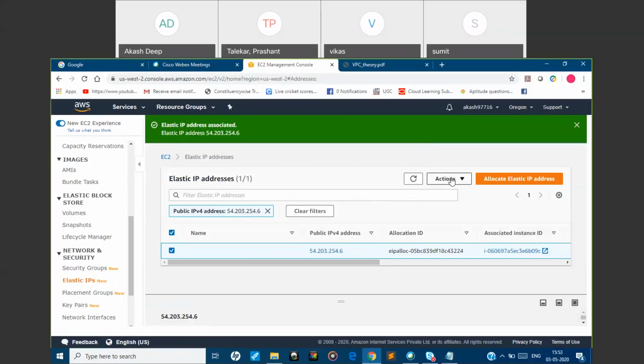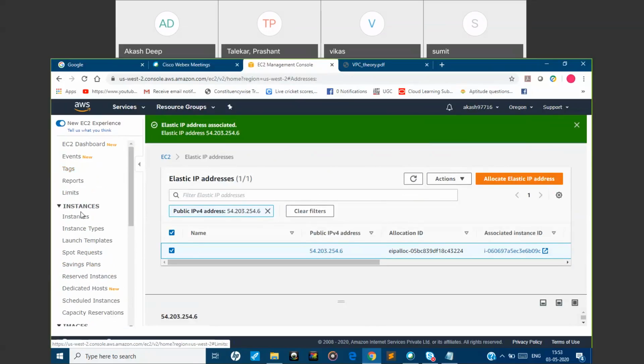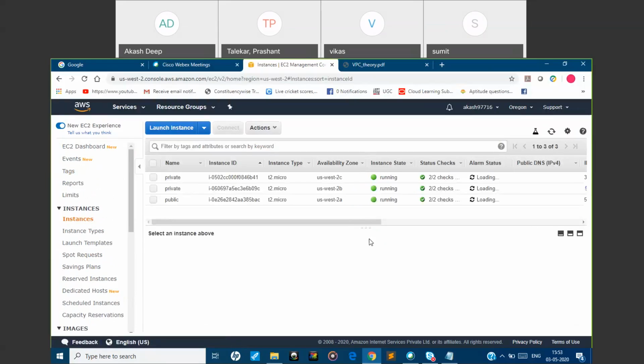As of now I am not paying anything for the elastic IP, because that elastic IP is in use; it has been associated with this instance. Suppose in future I delete all my instances.